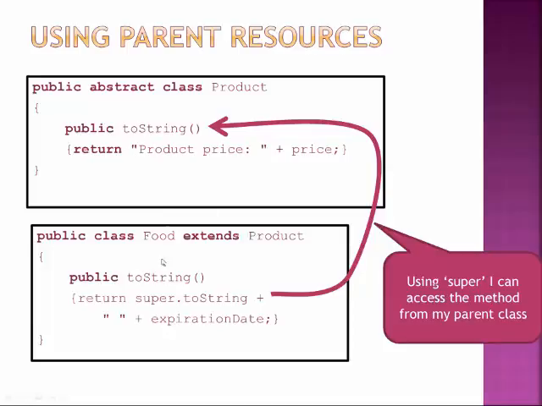But when I change that behavior, that means I have to be able to differentiate between the behavior I have in my food class versus the behavior that's up there in my parent class. And the way I do that is the keyword super. Super says to Java, don't call my toString, call the guy who comes from a toString. So don't run my